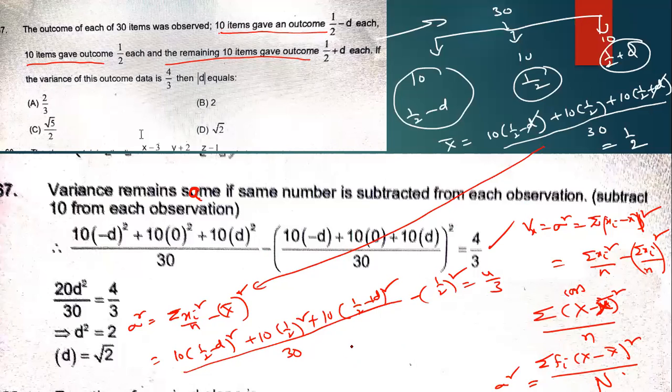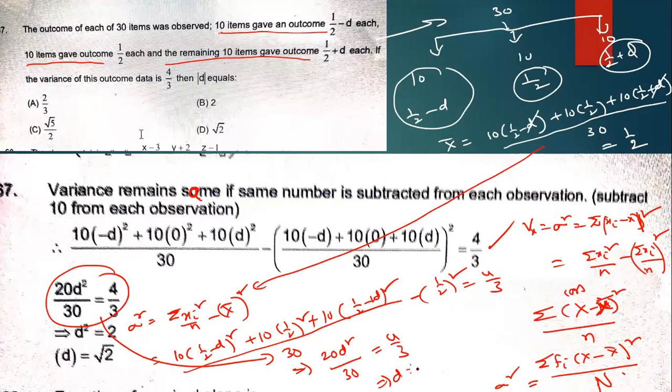It is equal to how much? 4 by 3. Simplify, that is what we are getting. Write down, all of you. They wrote directly, but this is the correct way. So please write down this formula for using in this case. Simplifying, what are you getting? 20d square by, after expanding, a minus b whole square and a plus b whole square. a plus b whole square plus a minus b whole square is 2 times a square plus b square, which is why there is 20 into. So d is how much? 2 to 2.